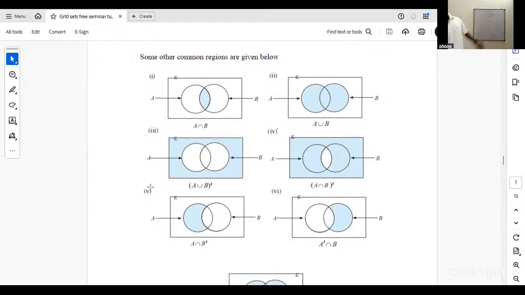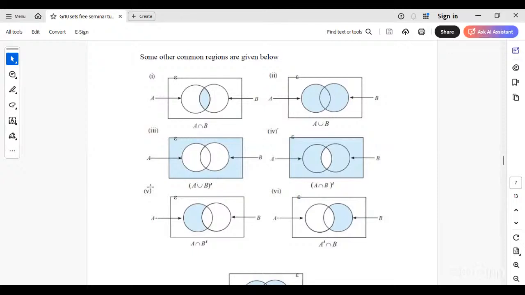A intersecting B dash. Okay. So we have A and B. This is A, this is A. Region is element of B. This is not from B. You can't shade all which are B. This one here is also B, but this is not B and this one is not B. So this one is not B, this one is also not B. So this is the complement